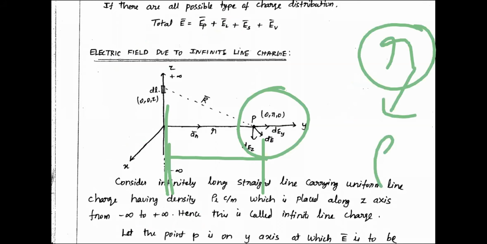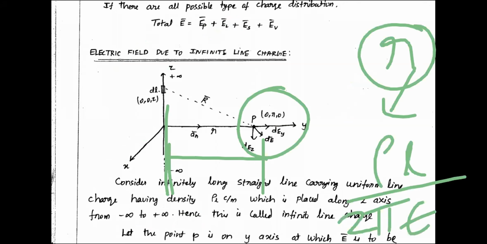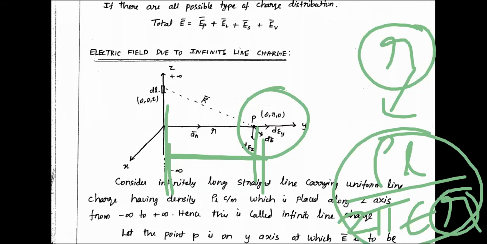Then what is our observation? Definitely my final answer should depend on that small r, 2 pi epsilon r. Because what I have told, rho L divided by 2 pi epsilon, where one parameter will come. What is that parameter? The perpendicular distance from the line, that is r. So my final answer will be like this, rho L divided by 2 pi epsilon r.